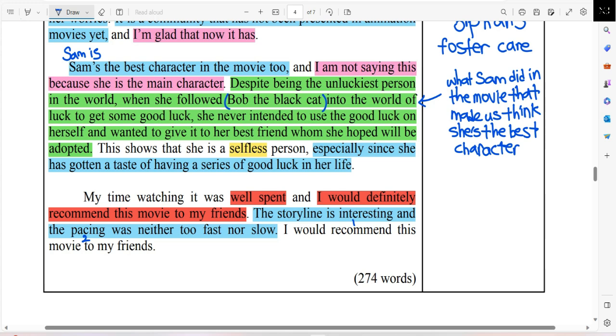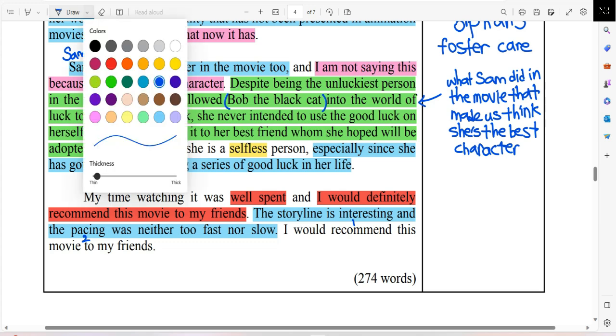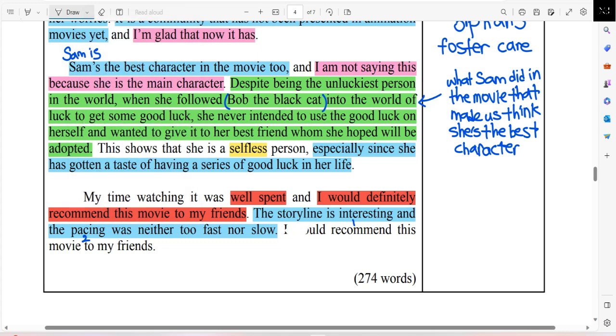You all know some movies, right? They take forever to finish, especially nowadays when they are a series. So whatever they could have shown us in, okay, I want to erase the last sentence. That's why I'm playing around with it, because I accidentally typed I would recommend this movie to my friends twice. So just ignore the last part. Anyways, back to what I was saying.